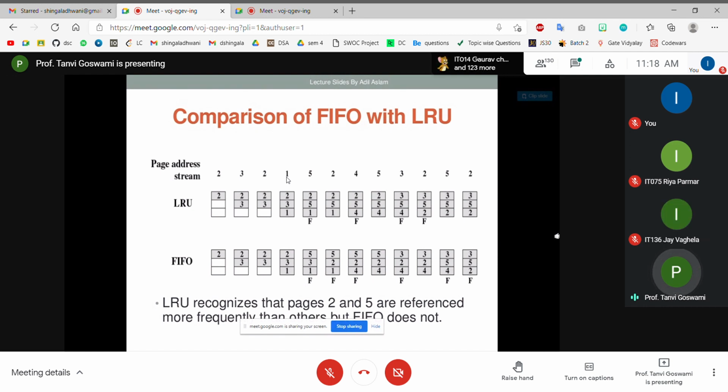First in, first out does not work on the basis of whether a page is being used recently or repeatedly by the program. As it is the oldest one, it will be replaced first, right? So FIFO doesn't work on any logic related to the address references. Okay, it just attaches a timestamp to each and every page. If it finds that this page is oldest, it replaces it, irrespective of how many times this page is being referred.